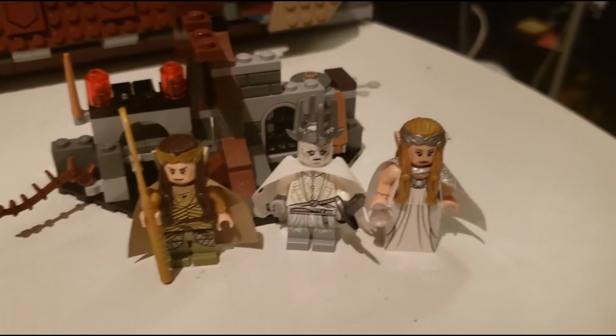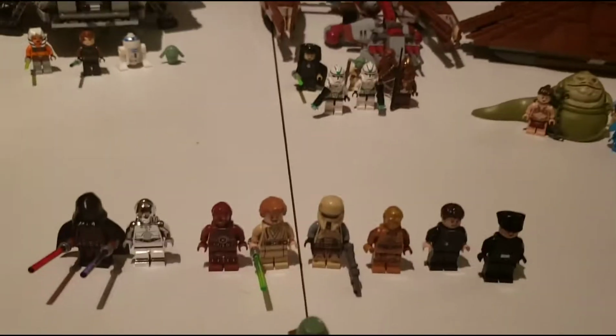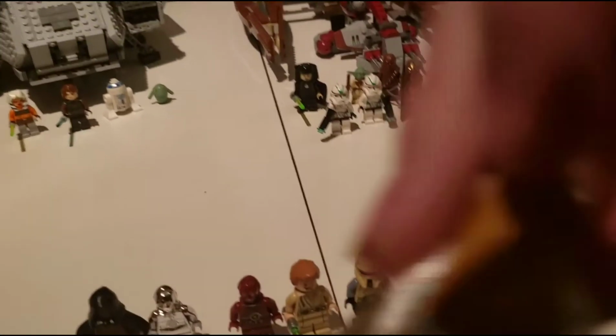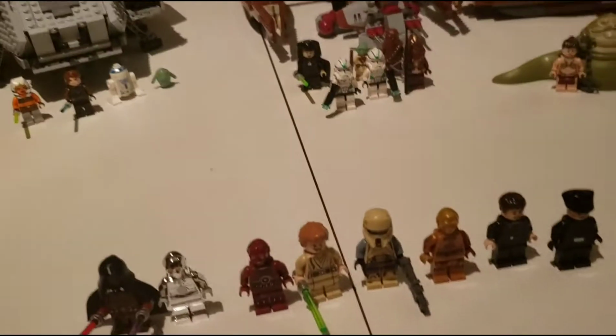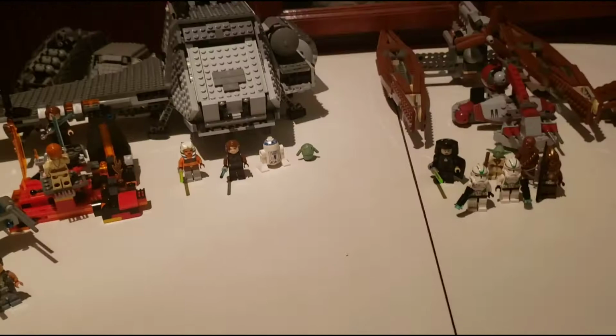I really like it, especially the other face thing for Lady Galadriel, and also the cape of Lady Galadriel. That's really nice. Let me try, I have an idea. Anyways,